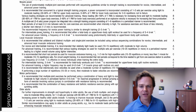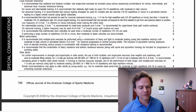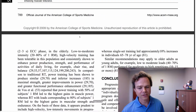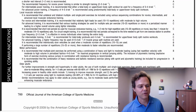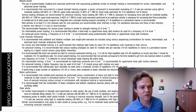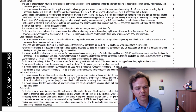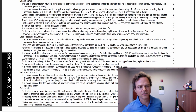So that's where I encourage you. Whether you will do it or not is another question, but I encourage you to read the rest of the article. If you're a strength and conditioning person and you like strength training, I'd recommend that you read the whole article. I recommend that you look at the National Strength and Conditioning Association materials. That'll give you some extra information, and you can kind of